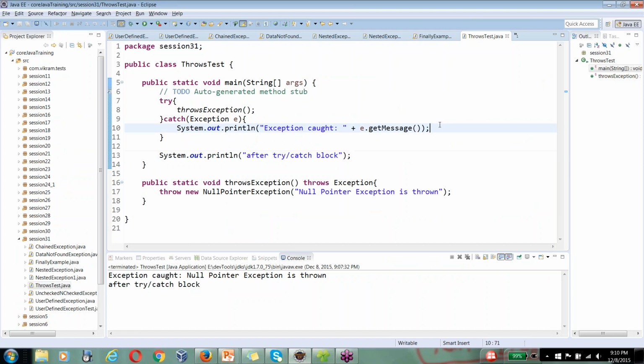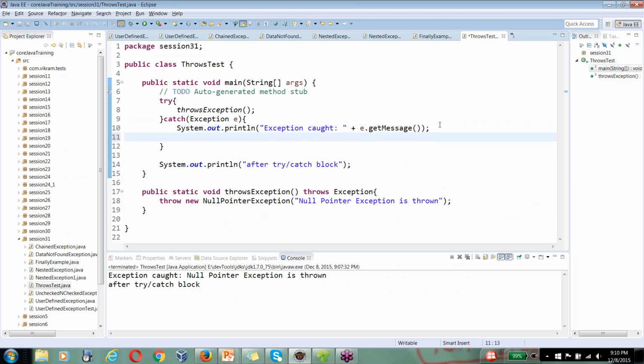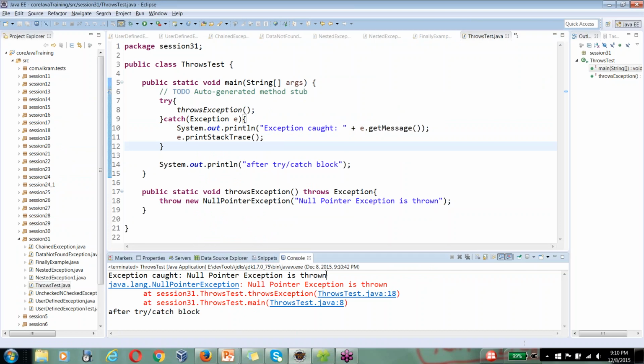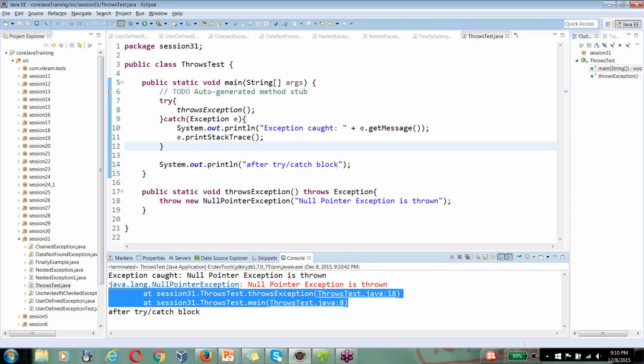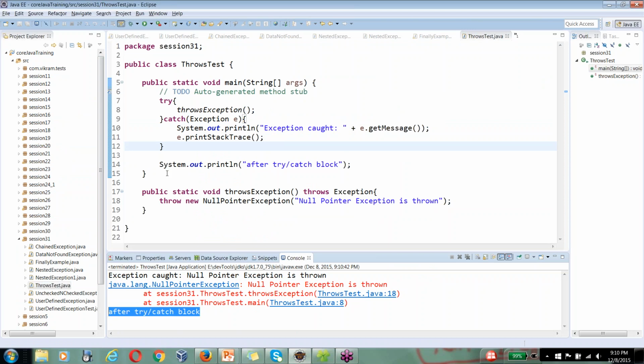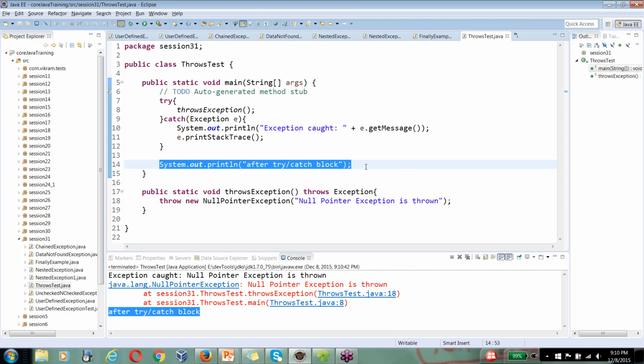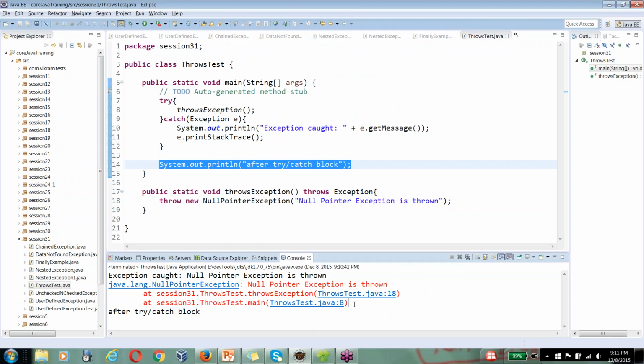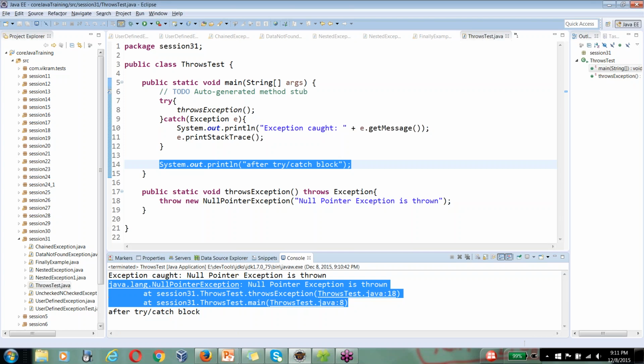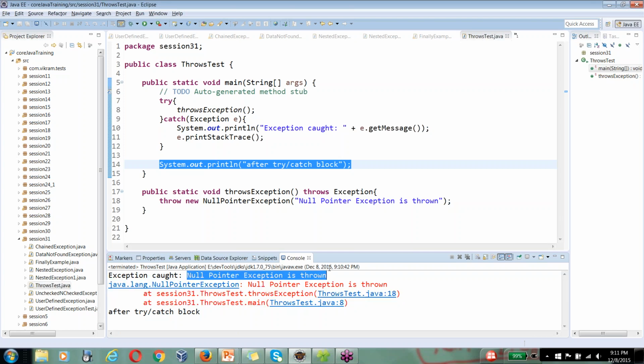While printing that stack trace, say for example, I want to print here. Remove this, okay? So what is happening? I will just print this one, "Exception is thrown", okay? And then this particular stack trace is printed, and then we are coming here and printing the other statement, the last statement of your program. So in production, we will not consider all these things. We will just try to print this one, to see whether any exception has occurred, because